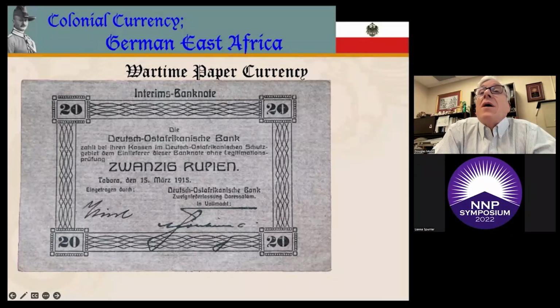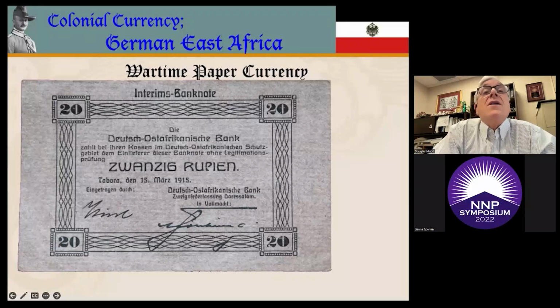The paper supply problem was alleviated by one of the last blockade runners to arrive in the colony. It brought a large supply of several different kinds of durable paper that could be used to print reasonably uniform bills of exchange. Equipment already existed in the colony, which after adaptation could be used for printing paper money. This machinery belonged to the firm of Deutsche Ostafrikanische Zeitung, publishers of the daily Dar es Salaam newspaper. A contract was then awarded to the newspaper to immediately commence printing the colony's banknotes.